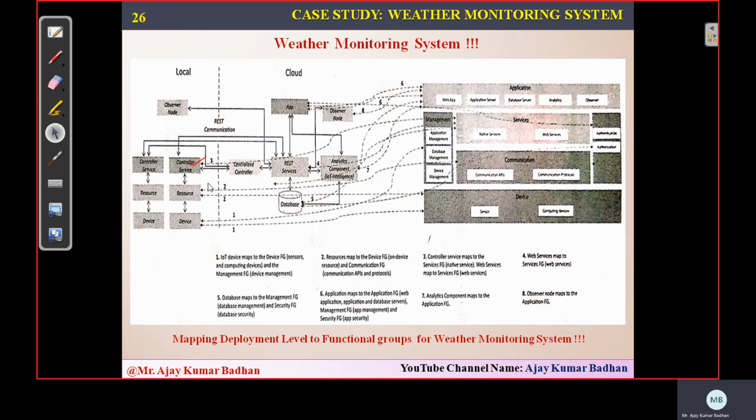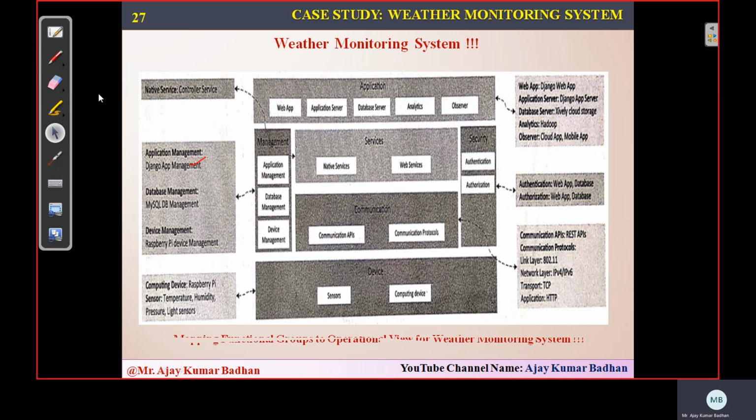These are the diagrams related to the weather monitoring system, and this is the operational view. You can see operational here, so it is simply connected. What are the operations, and what different things do we require? For communication, we require different protocols for the link layer, network layer, transport and application layer. For authentication and authorization, we require some other programming code. In the same way, for applications we require code here. Here we use cloud storage, and for analysis of the data stored in the cloud, we use the Hadoop concept. To access it through mobile, we require a mobile app.